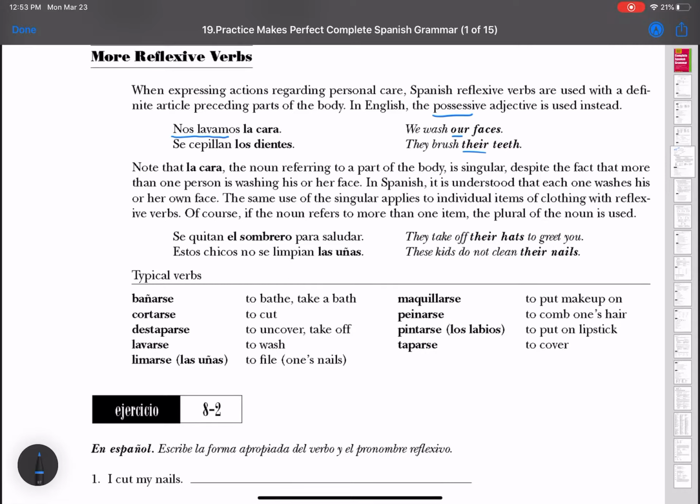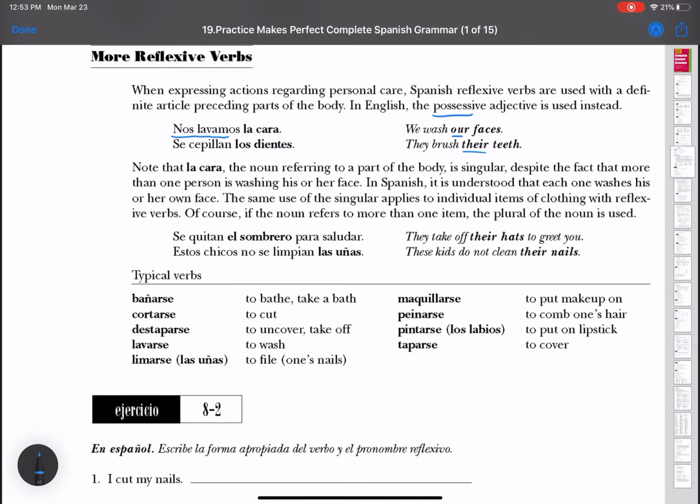The same use of the singular applies to individual items of clothing with reflexive verbs. Of course, if the noun refers to more than one item, the plural of the noun is used. So se quitan el sombrero para saludar. They take off their hat to greet you, right? So se quitan is literally saying like they themselves take off the hat to greet you or just to greet,